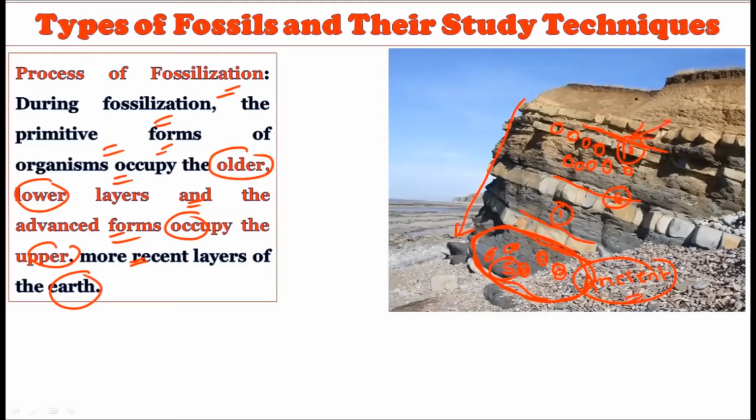These 10 fossils are surely of the recent time, because they were found in the upper geological layer. Here we have the upper geological layer, and if you find fossils on this upper geological layer, you will find out that these were recent fossils, and these 5 fossils which were found in the most lower strata are the most ancient life. So more important information can be taken out from these types of fossils.